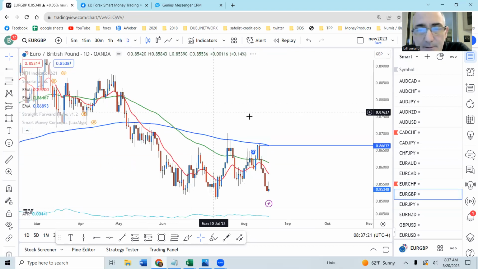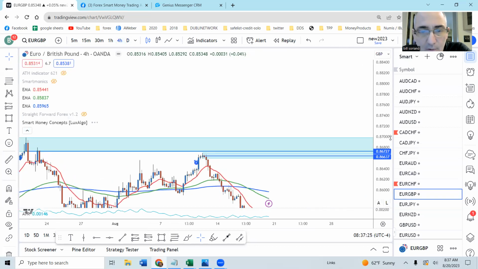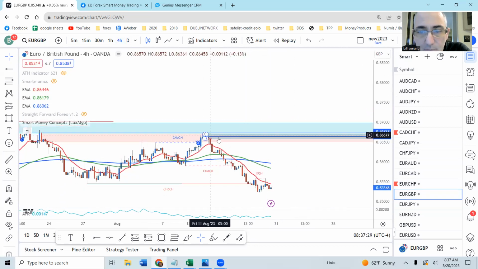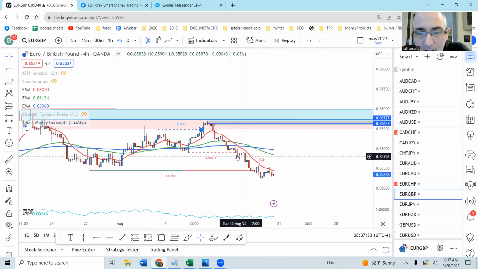Let's go to EURGBP. This is bearish order flow. And on the 4-hour, we're trading off of this order block up here. So that still appears to be valid. This order block I don't like, so I'm going to stay with that one. However,